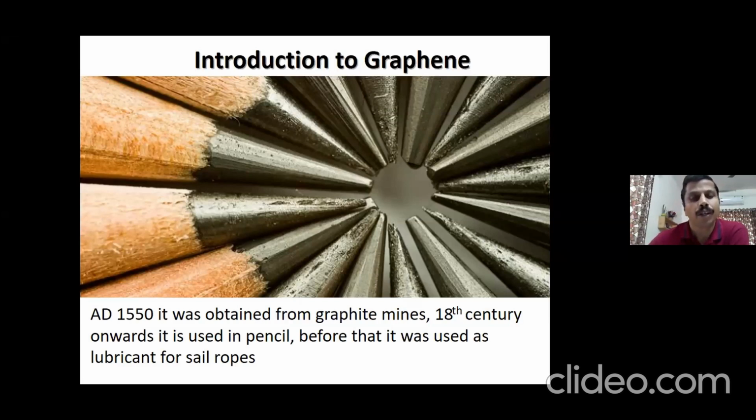Other than that, it was also used by sailors to lubricate their ropes. We still use it as a lubricant in different applications, including the brushes of electric motors, where it is a conductor as well as a lubricant. So this is not a new material, but you can see that just by modifying it, you can get